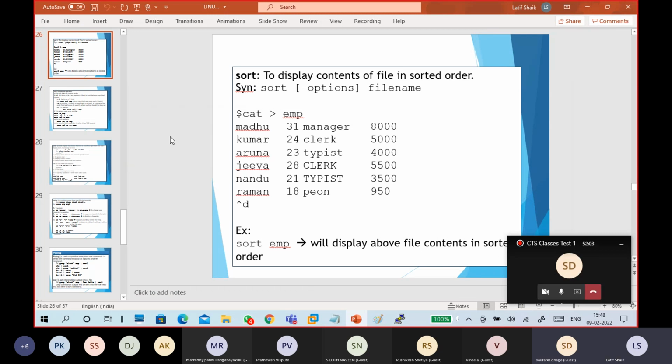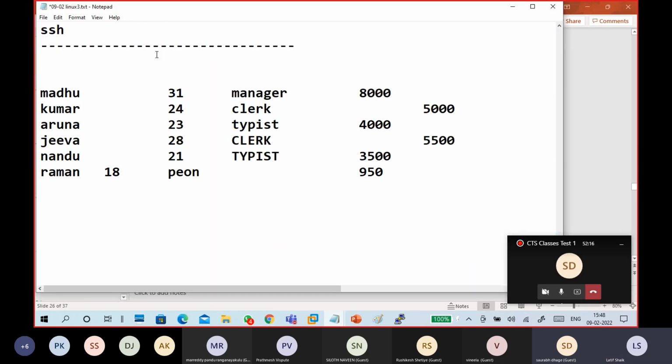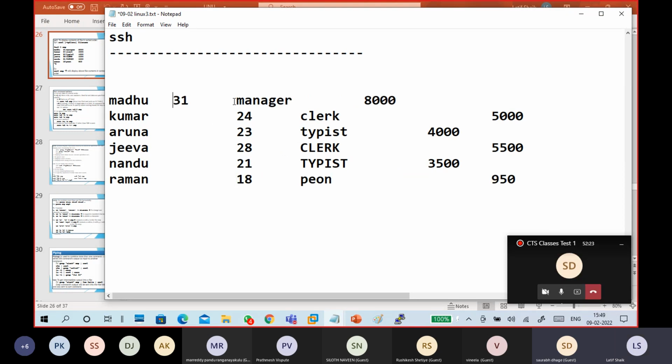Sorting command. Guys, to do this practical, we needed data. You can copy the data from here, like this, and put it in your notepad. Or otherwise you can directly copy. No problem. Just look here. So guys, when you put it like this and press the tab button,